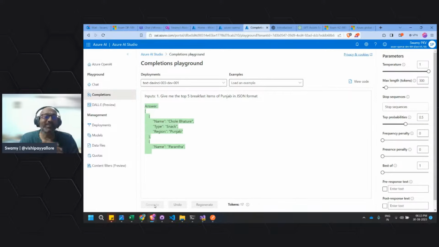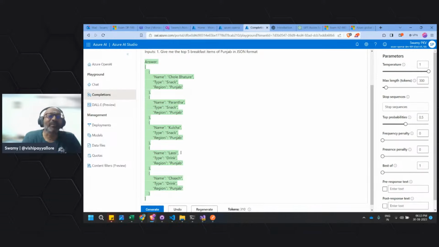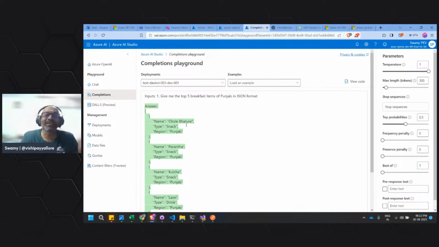Now see this, how beautiful it is: top 5 breakfast, I said give me in a JSON object. Imagine a scenario where you are running a hotel and want to create breakfast items in that hotel, but you want to cover the entire country. For different states, you can ask this prompt, get this and store it in the database.